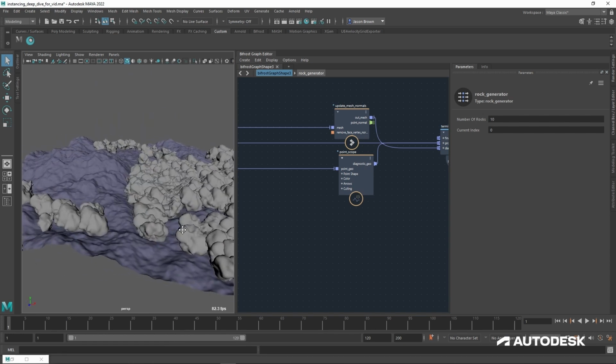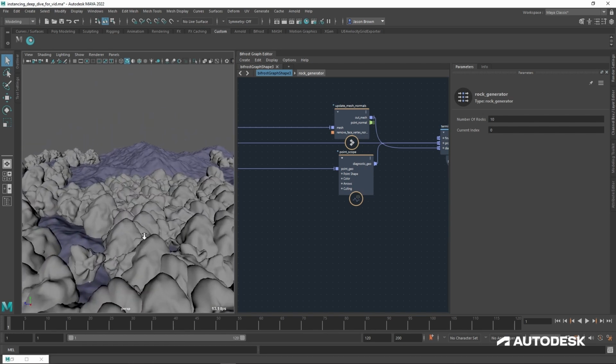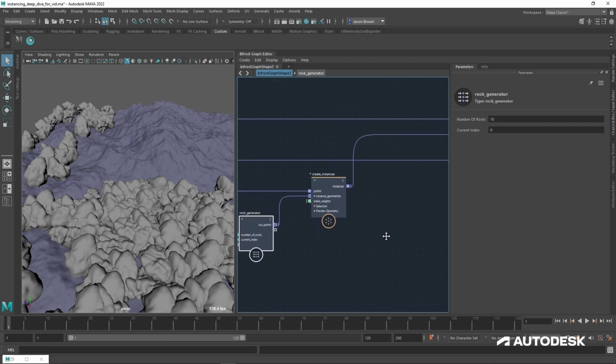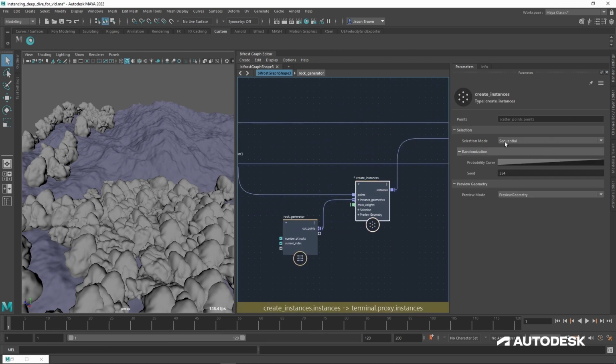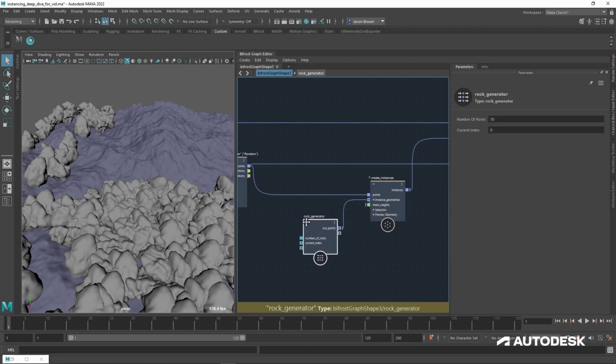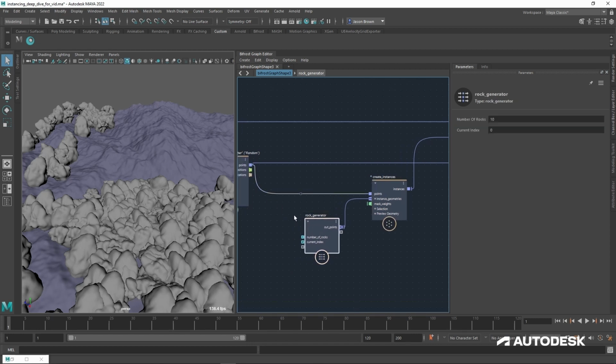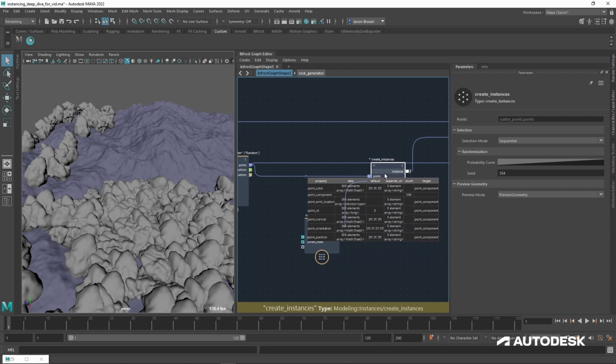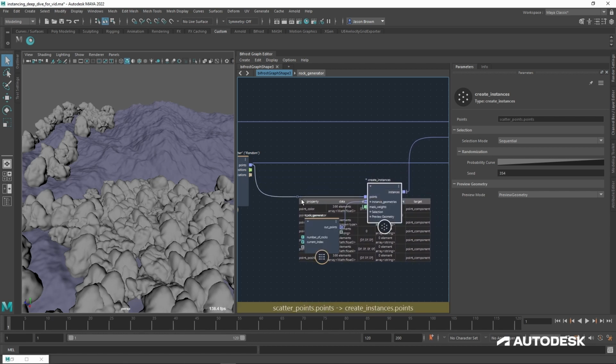As I said before, they're not the most pretty of rocks. We're going to need to do some things to them. And the very first thing I want to do to them right now is change selection mode from sequential, where essentially it's going, I have some points. How many points do I have? Well, I have 366 points after all of our culling.